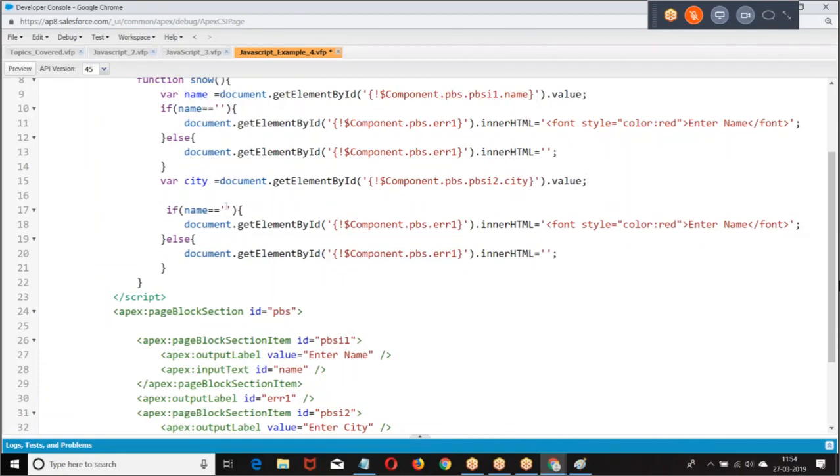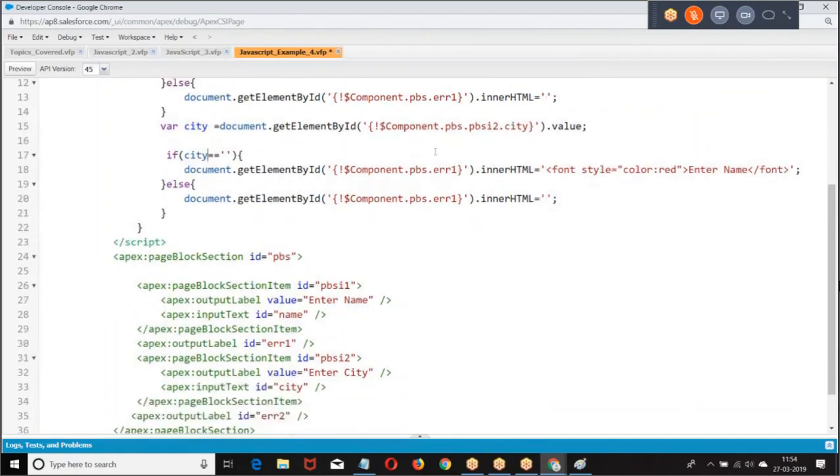Now I'm giving if city equal to blank, then give an error message to enter the city.